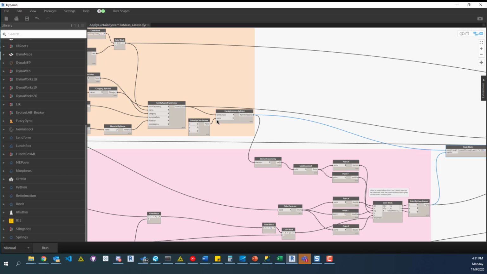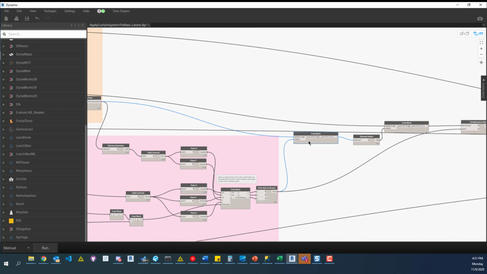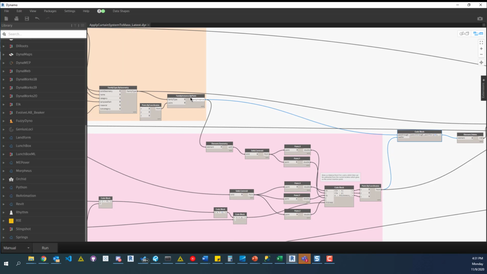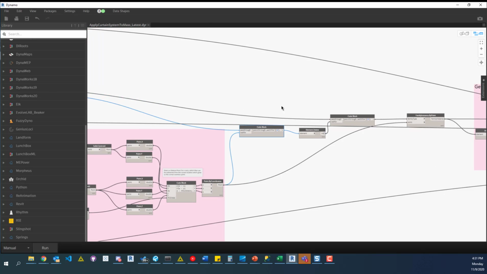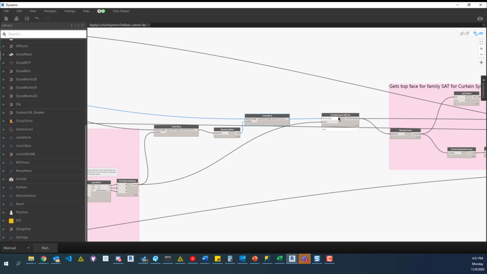We're only using these placed instances of the family as a way to grab the difference between the centroid and the insertion point, which we use to subtract from the actual centroid in real space to figure out the insertion point. So we delete that geometry, which isn't necessary anymore. And then we move on to the family instance by points, and we actually place it in the real space